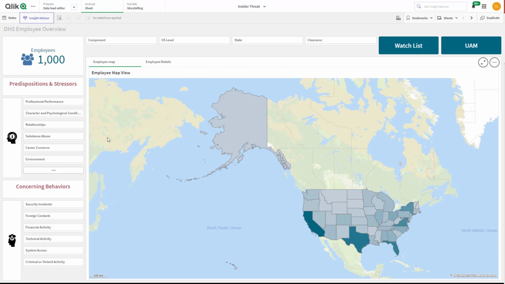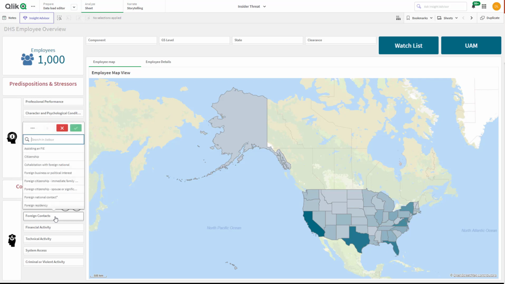So first off, I want to point out that there's only 2 tabs here. So if I go to foreign contacts and I search on travel, typing is hard, and I select, all right, show me all the employees that have done foreign travel to countries of concern or these other